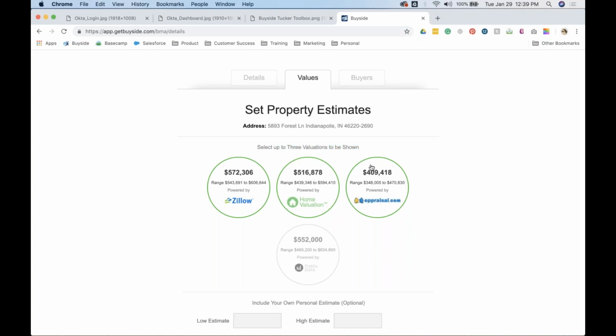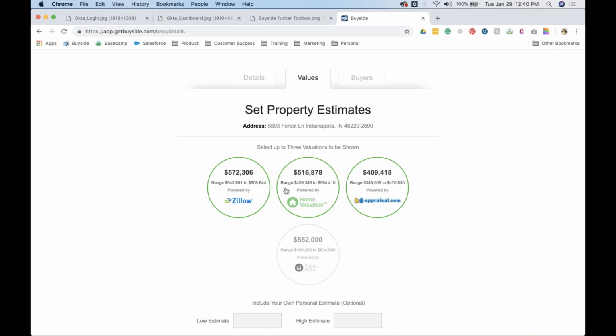The reason why I'm showing e-appraisal is because it has a price down around $400,000, but Zillow has it up around $572 as an average price. You better believe that seller is going to be looking at that 606 right there because they want the most money out of their property as possible, out of their investment. So the nice part about putting these estimates up here is you can help speak to your seller and let them know